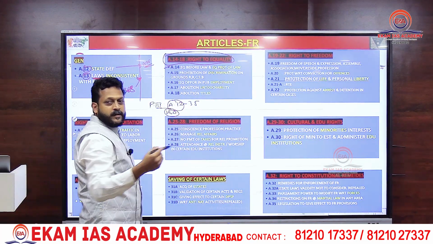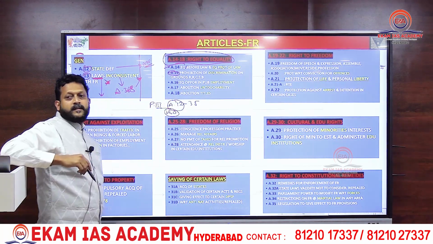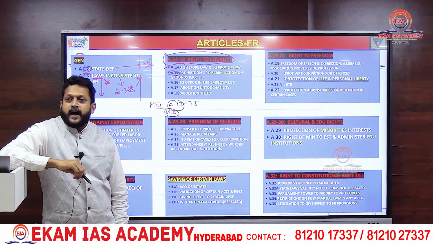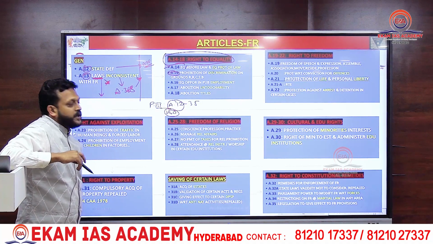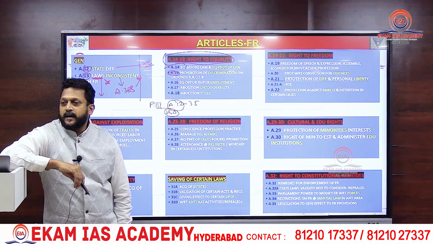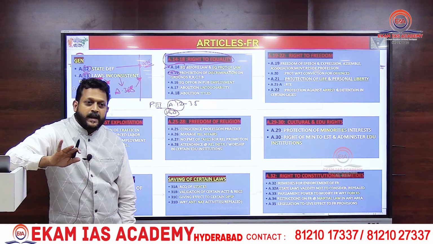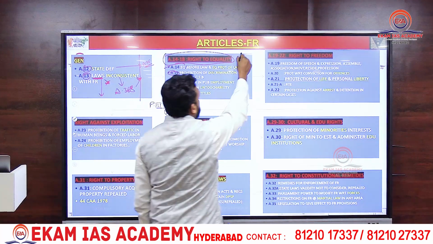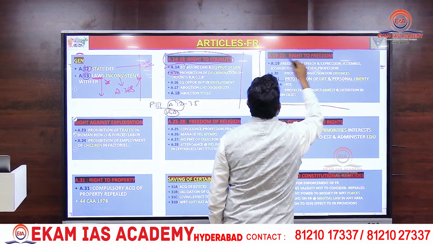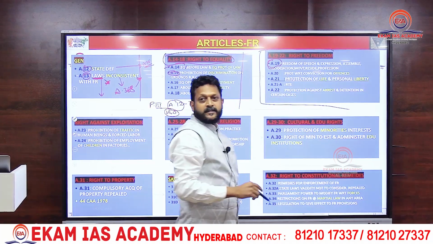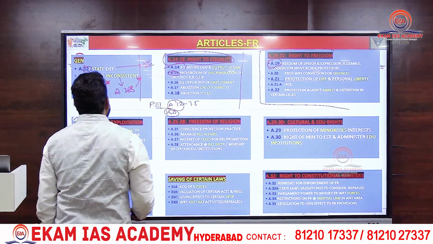So, Articles 14 to 18, right to equality. Article 14, equality before law. Article 15, discrimination. Article 16, equal opportunities in public employment. Article 17, no untouchability. Article 18, no titles. These are equality rights. Okay, Articles 19 to 22. Among them, the main one, Article 19, is the freedom rights. If you see in DPSP, we will see, you should remember this.